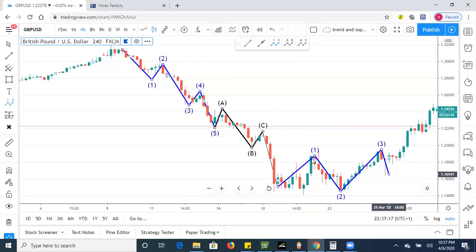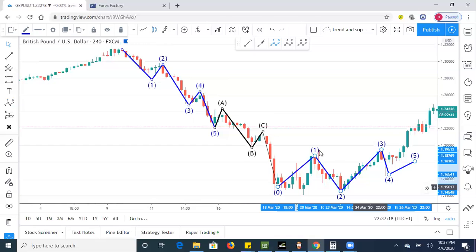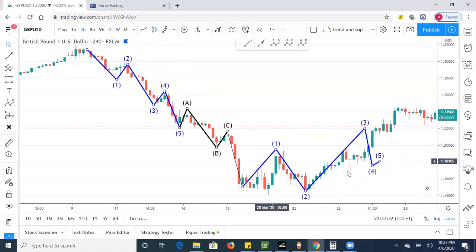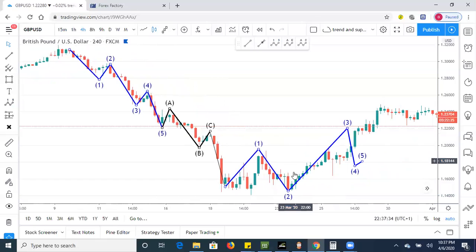Let's draw 0.1 properly. It came all the way to this point that week, right? So price broke 0.1 here. And once price broke 0.1, you begin to know that this is no longer a downtrend. Because for a downtrend, you expect 3 to make a U-turn